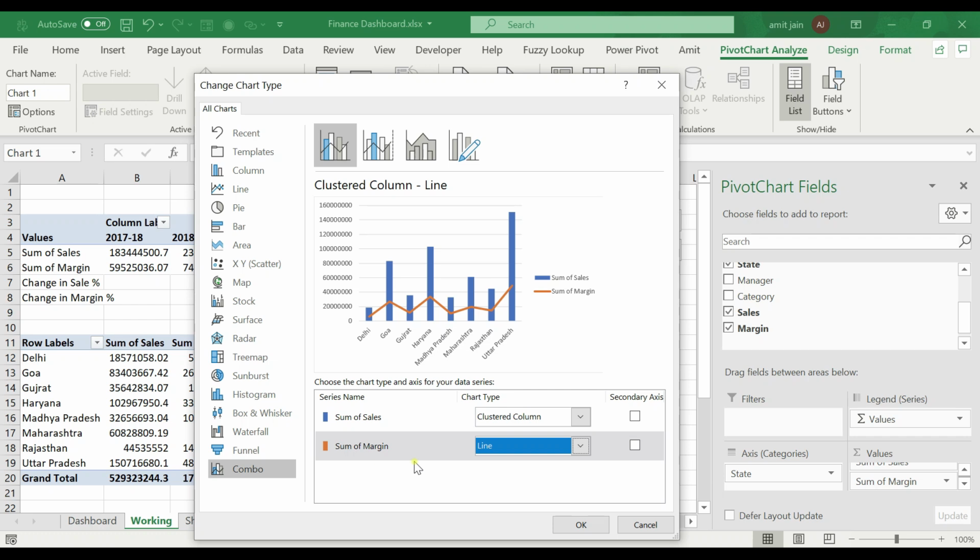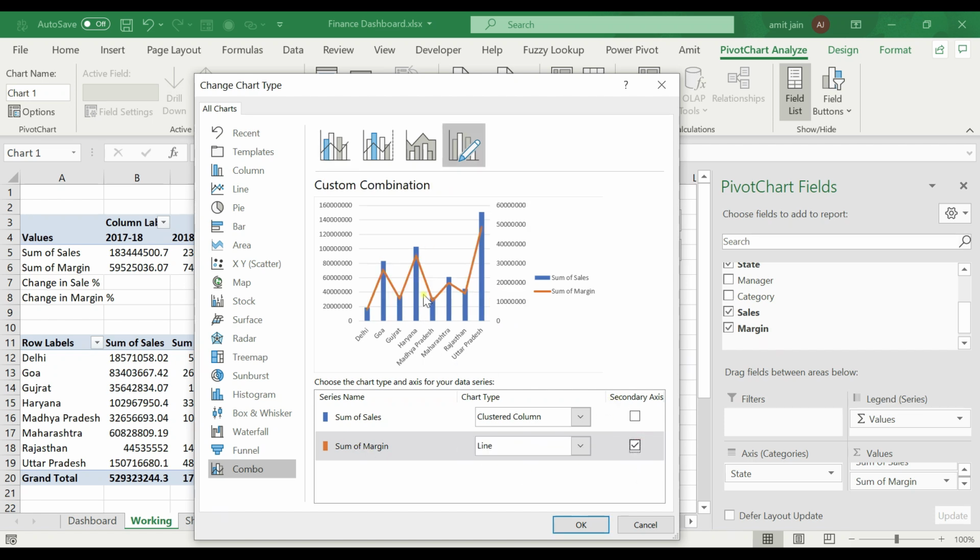So I'll select this line chart and I'll keep this line on a secondary axis. Friends, you will see on my system, if it is not on the secondary axis, both the items are on the primary axis. In this case, this value is common for both the items. But when I create a secondary axis for this sum of margin, see, it has given a different presentation. The value related to these bars is over here, and related to these lines, which is margin, is given on the right hand side. So if you want to show values differently for both the items, you can select one item as a secondary axis, right? So I have selected this secondary axis.